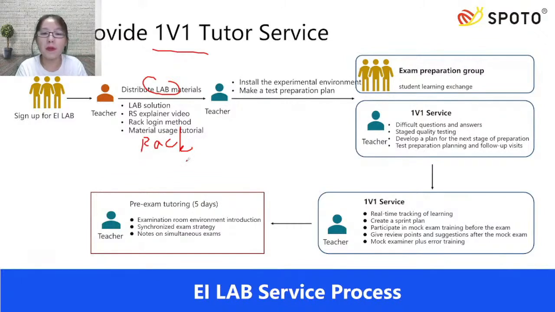We will also provide tutorial videos explaining the workbook and solutions, and showing you how to configure it section by section. We will arrange for you to test the quality of your practice at each stage to confirm whether you meet the exam standards. And we will also arrange the sprint plan for you, matters needing attention in the exam, and so on. So we will make sure you pass the CCIE in one pass.